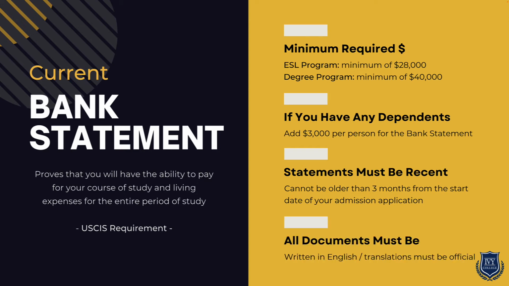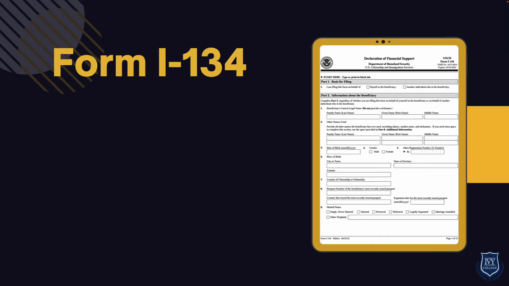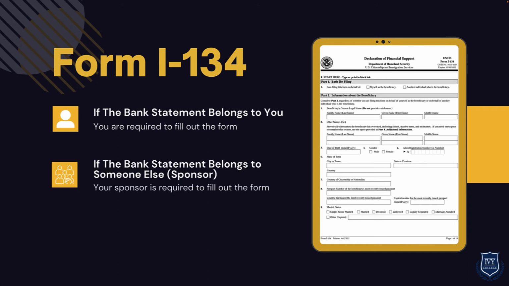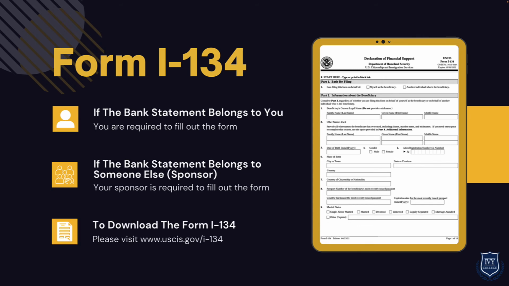Please note that all documents must be in English. All translations must be official. Bank statements must show the conversion rate to US dollars if shown in foreign currency. Along with your bank statement, you are required to submit a form called Declaration of Financial Support, so-called Form I-134. If the bank statement belongs to you, then you are required to fill out this form. If the bank statement belongs to someone else who claims to be your sponsor, he or she is required to fill out this form. To download the Form I-134, please visit